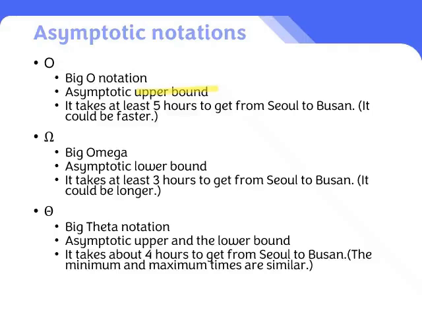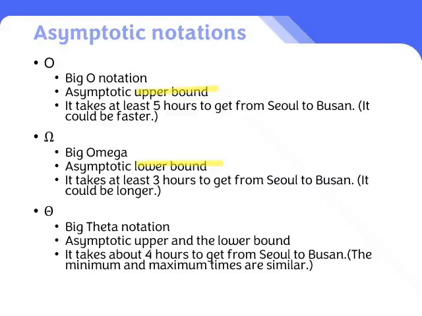And then there's something called the big omega notation. This, on the other hand, is a lower bound. In other words, it assumes the best case scenario. So, how long does it take to get from Seoul to Busan? It's like saying, no matter how fast you go, it'll take at least 3 hours. What if you take the KTX or drive at dawn with no traffic? This sets the minimum time you can't go below. So, no matter how fast algorithm B is, it can't be faster than the speed of n squared.